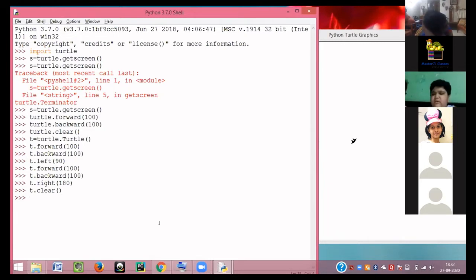Okay. So let me first make my turtle go in the initial position, that is make it look in the right-hand side direction. So right now it's pointing in the downward direction. If I have to make it look in the rightward direction, I have to turn it left, because imagine the turtle is looking in the downward direction. If you want to make it look in the right direction, you have to turn it left by 90 degrees.